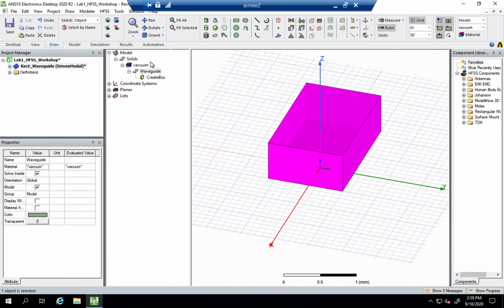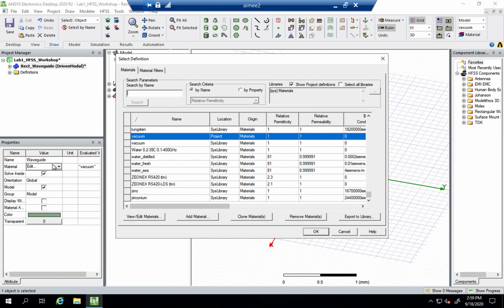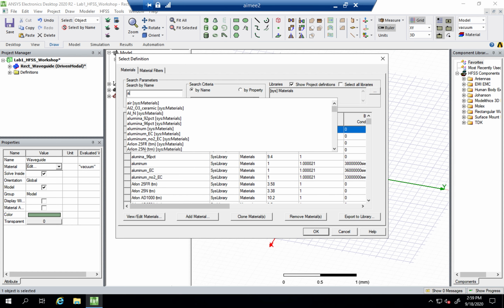When you click on your 3D model here, you see the properties on the bottom left corner. The material is vacuum, and we want to design an air waveguide, so you can either leave it as vacuum or change it to air if you want. I'm going to change that to air. If I go under edit, I can search for the material that I want. If you just search for air,